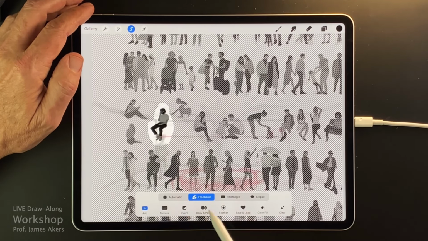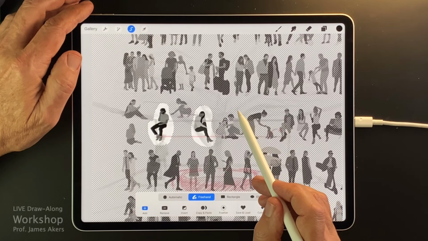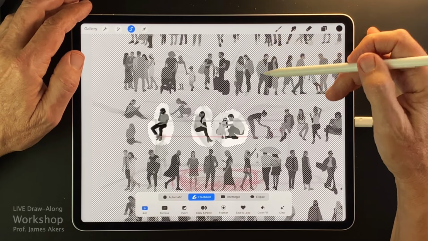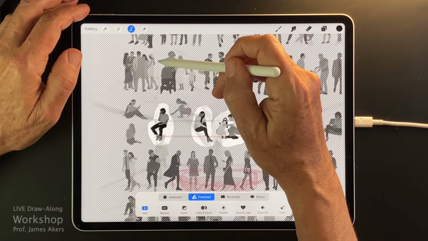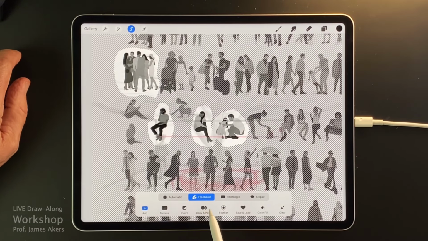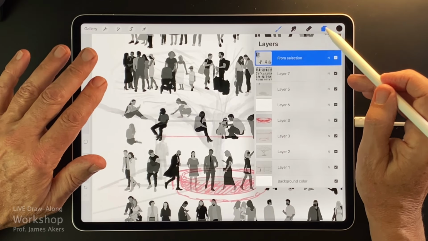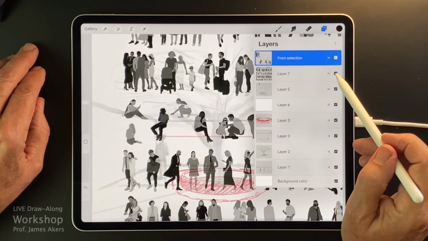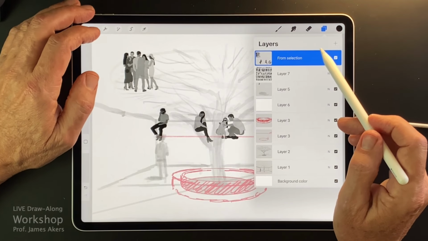So I'll do my copy and paste, and maybe I'll copy a couple at the same time, and even this one. And let's just go for broke while we're at it. Let's say that this couple here, well, there's a little conversation before a PTA meeting, and we'll include them. And now I'll come down to that copy and paste command, and that takes whatever I've cut and puts it on its own layer, and you can see that there. And now I'll turn off this layer, which is the sort of master layer if I want to come back and find anything.